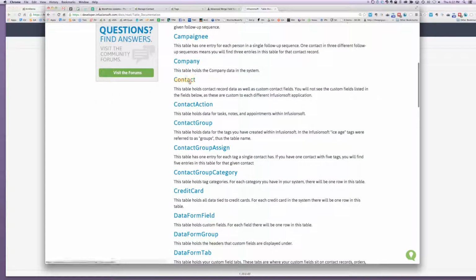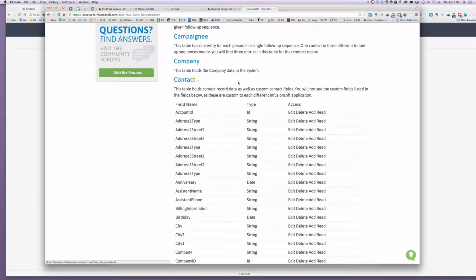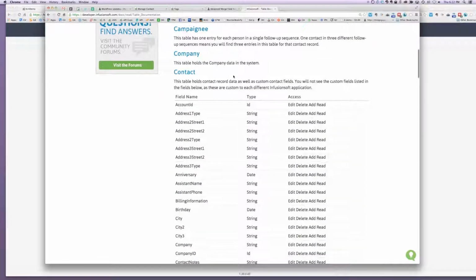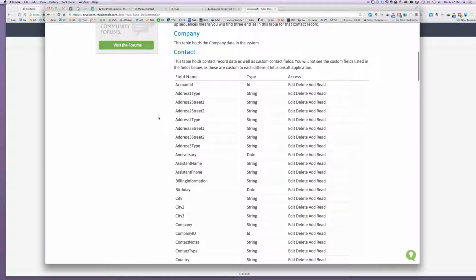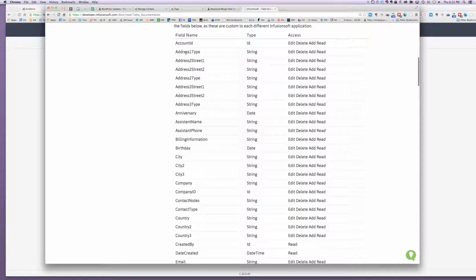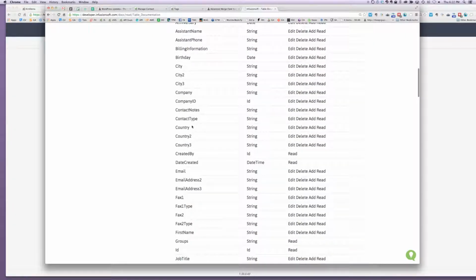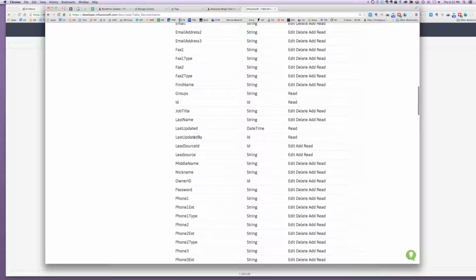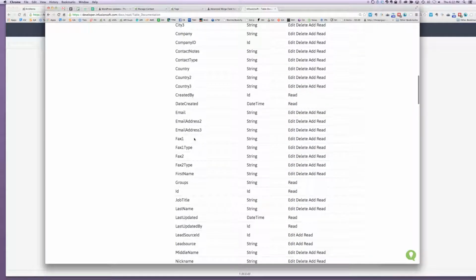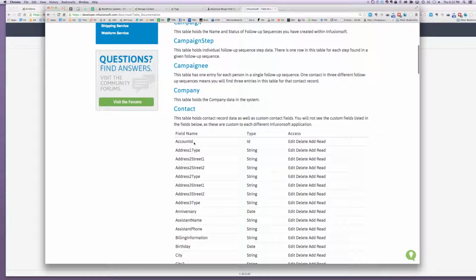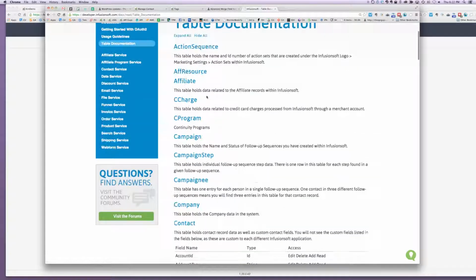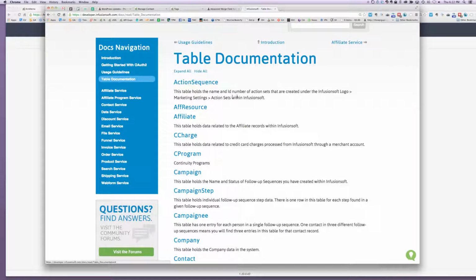So the one everybody works with and would be most familiar with is the contact table. You're not used to calling it a table, maybe you call it a record or whatever, but these fields will look totally familiar to you. Address 1, address 2, anniversary, assistant name, city, company, ID, fax, last name, etc. These are the database names for all of those things, and they're kind of close to what we call them. So here's affiliate, here's credit card charges,